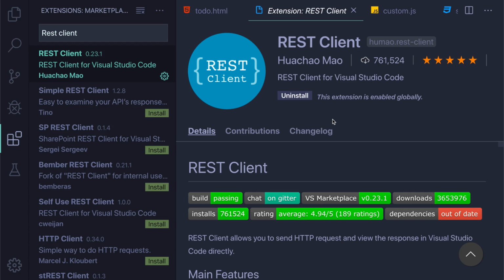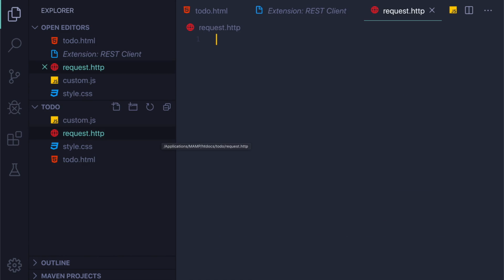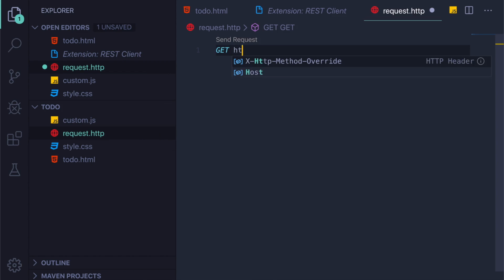So I will show you how to do it. It is now installed. So let me go in my files. I will create a new file here called request.http. Now I will type a request. So let's type a GET request, and we're going to use JSONPlaceholder. So we'll type https://jsonplaceholder.typicode.com/posts,